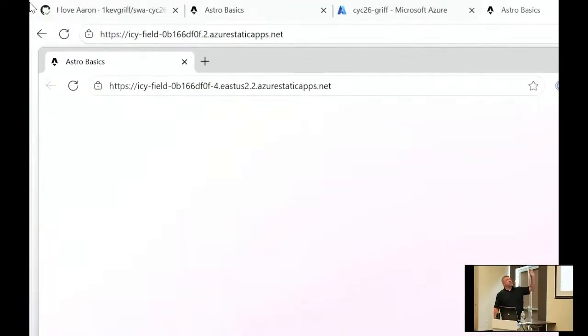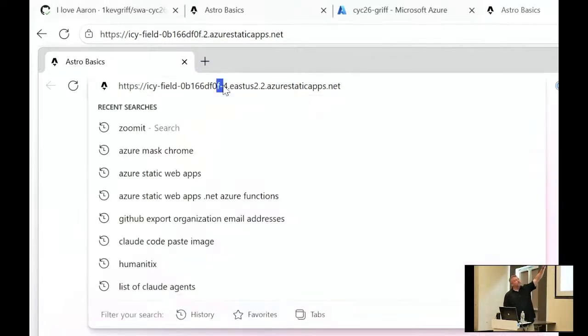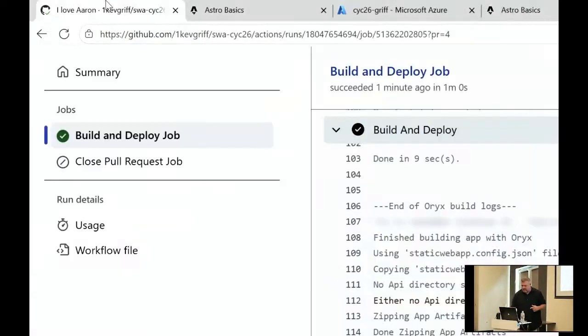And so out of the box, they're going to give you this really weird, obscured URL that you can use. And what makes it even more obscure is you can see at the F dash. So the 4 represents the PR that I just created. So this is cool. I can iterate on this PR. I can do different changes, and just make everything look the way I want it to. And when I'm done,